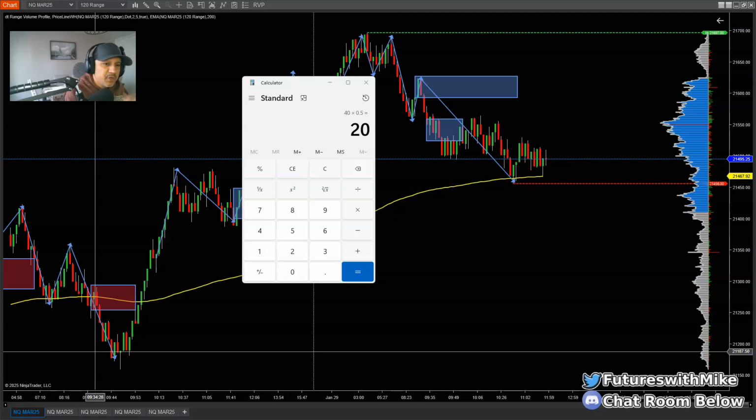So you could do this, but the goal is to try to make $200 a day. So you may have to take a couple of scalps, maybe 3 scalps. Lots of times you hear me talking about taking 1 trade a day. Yes, you can do that once you start building up that account. But imagine this. Picking up $200 on the day, or even $100 a day. $100 a day is going to give you an extra $2,000 a month.